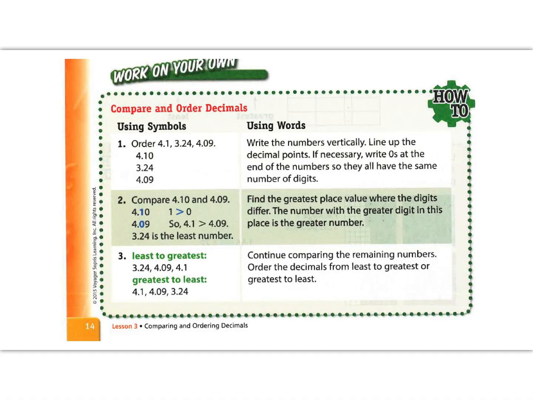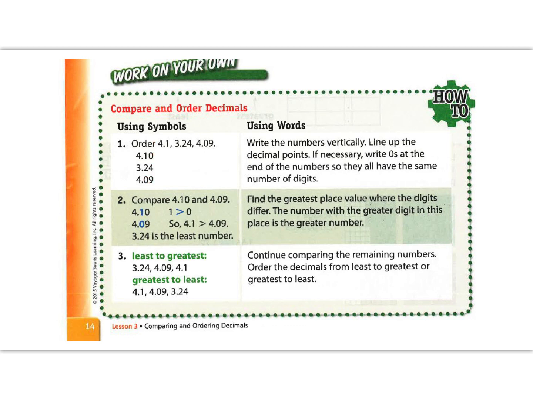All right, before you work on your own, you're going to compare and order decimals. So using symbols, we order 4 and 1/10, 3 and 24 hundredths, 4 and 9 hundredths. Here they are. It says write the numbers vertically, so like this, up and down. Line up the decimal points. If necessary, write zeros at the end of the numbers so that they all have the same number of digits. So like right here, 4 and 1/10, you can make it 4 and 10 hundredths. We just put a 0 there on the end so that they're all in the same place,